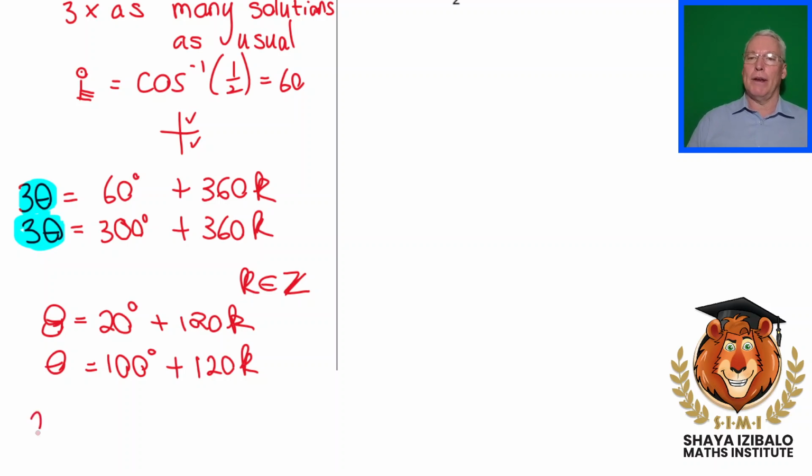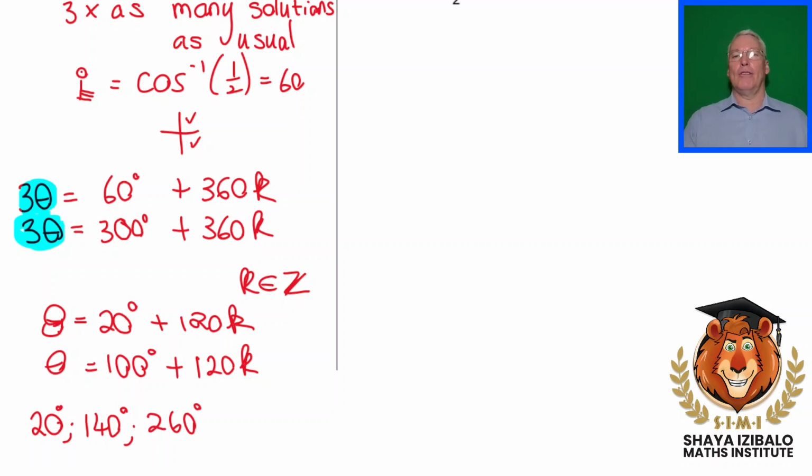But if k is 0, we get 20. If k is 1, and we add 120, we get 240. Sorry, if we add 120, we don't get 240 at all. If we add 120 to 20, we get 140. If we add another 120, we get 260. If we add another 120, we get 380. That's too big. So those are the only 3 that are going to come from the top one, but there